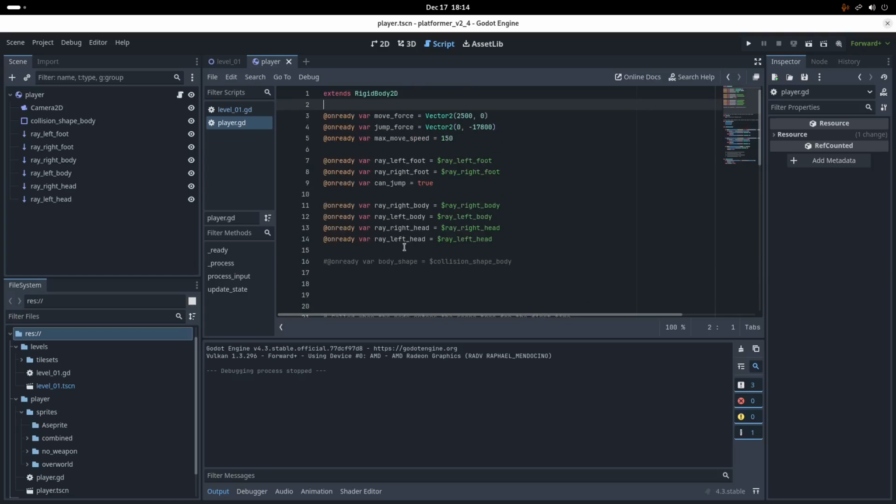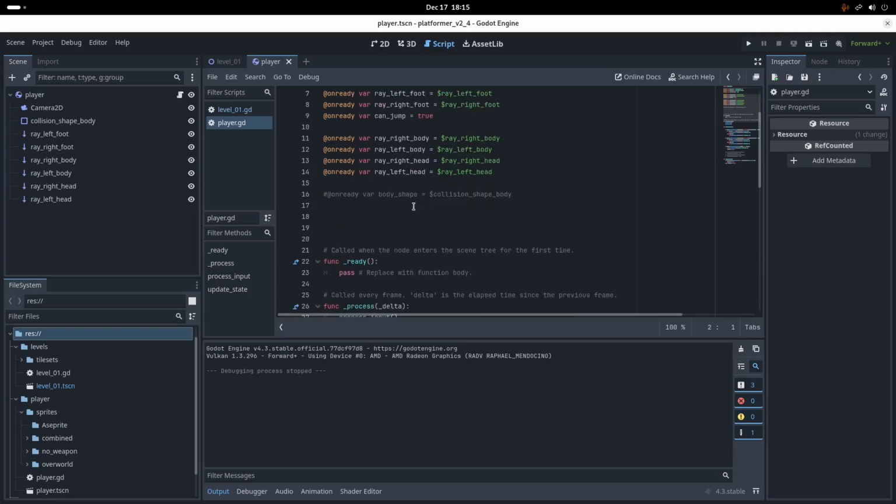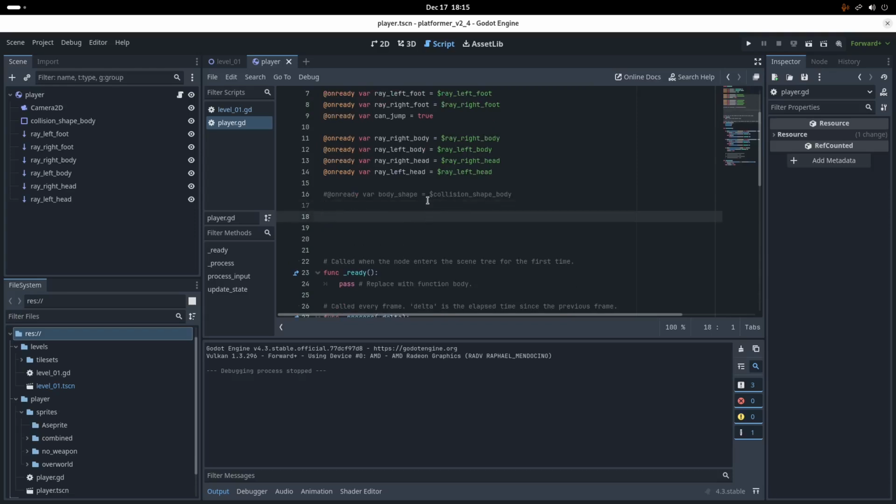Although one downside, I guess, of mine is that I won't be able to check when the state is entered or left, or check what the previous state was. I probably could do that with more code, but for now I just want to keep it really simple, so none of that. I'm gonna basically make an enum